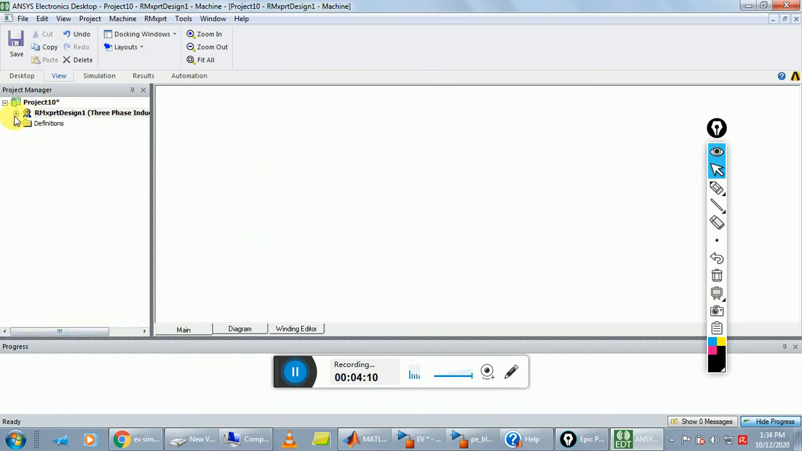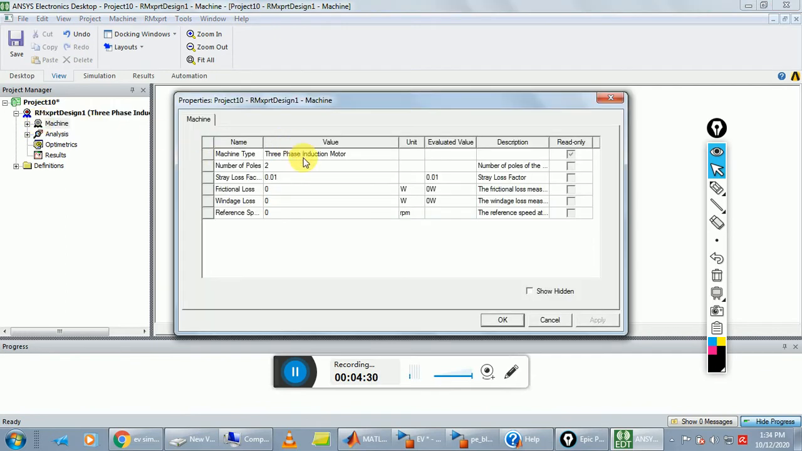Okay, this is your project. This is your RM Expert three-phase machine design. So what is the next step? Next step is go to project manager and double click on machine. Okay, so machine type is three-phase induction motor and number of poles is 2, and stray